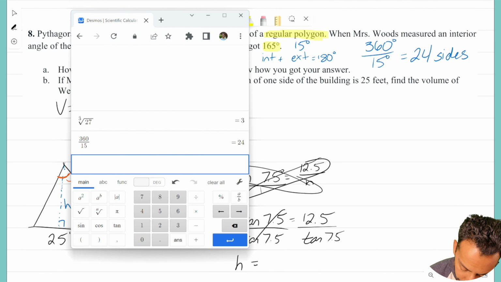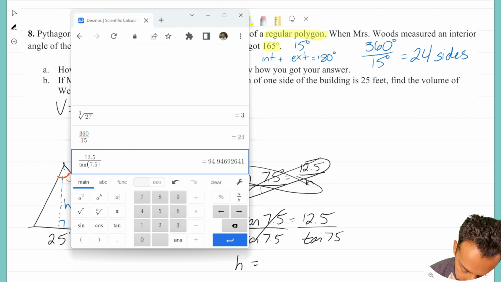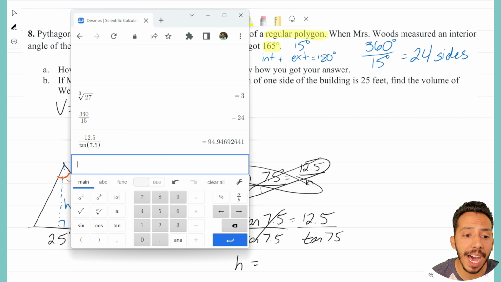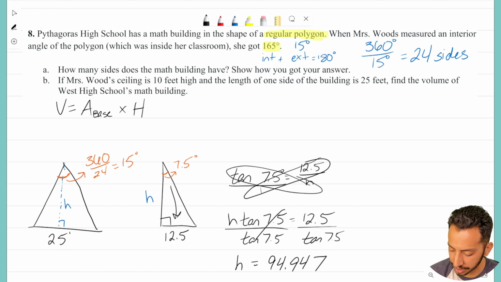Well, let's get our calculator out for that. 12.5 divided by tangent of 7.5. That gives us a height of 94.947. Perfect. There we go. Awesome. That's our height. So now that I know my height, we can go back to our original triangle here,